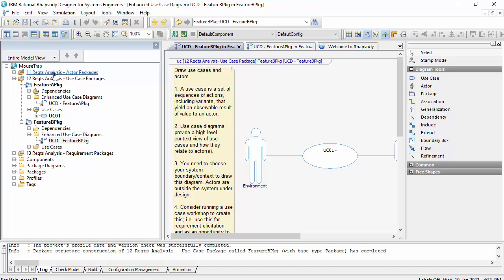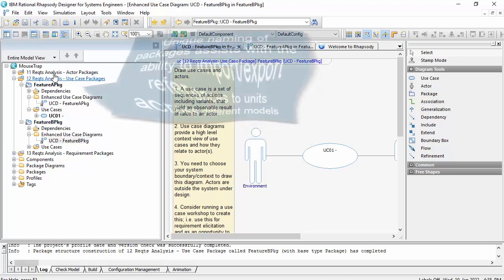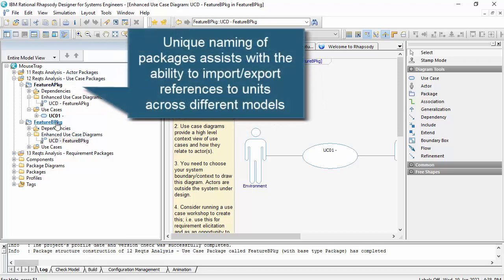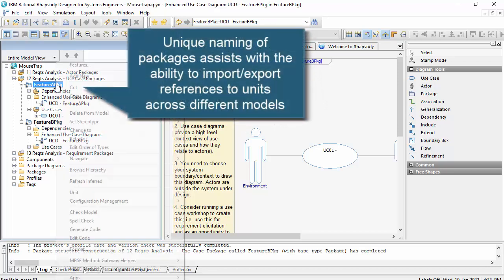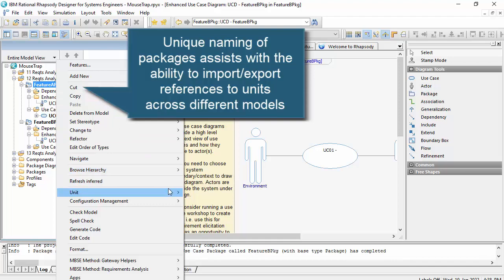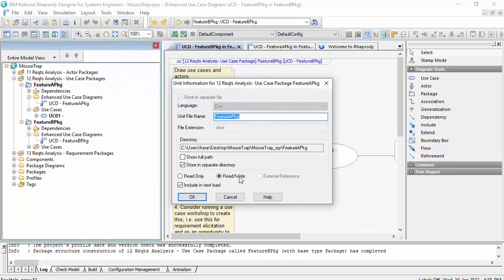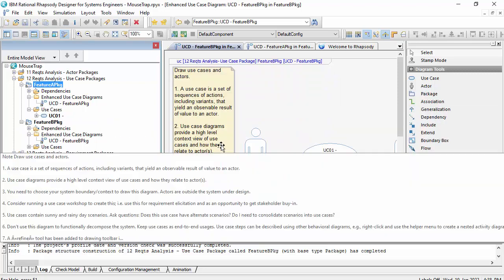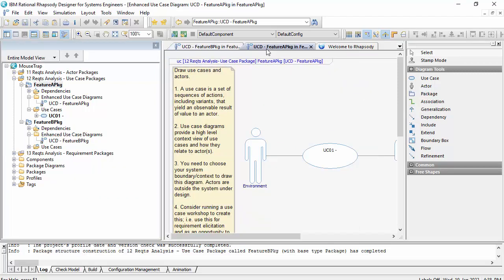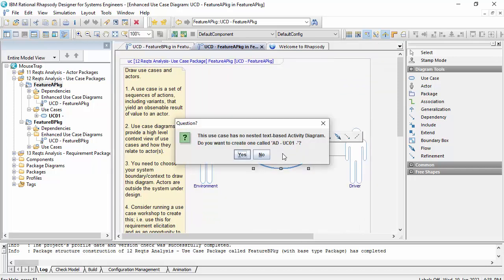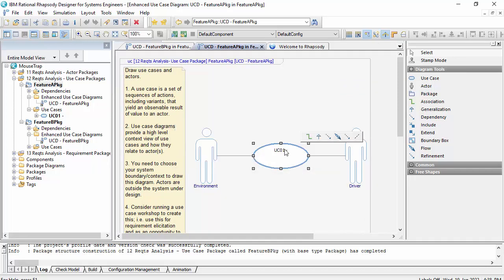And an aspect of that is the unique naming of the package, because that unique naming also relates to the file on the file system. So this is an SBS file, what we call a unit in Rhapsody. So here I am, I'm user A, working on feature A, and this is going to have a use case